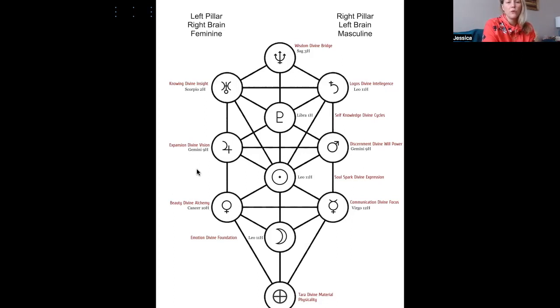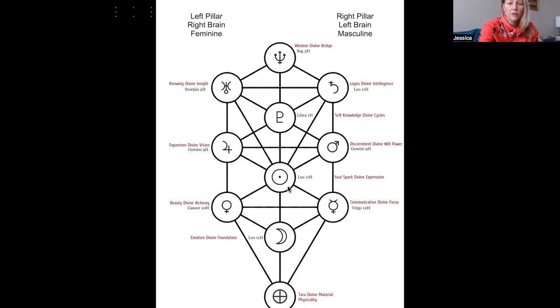Depending on the planet that you have there, you're going to be learning those lessons of how to expand your vision, how to gain a greater vision for the highest calling. That is going to come in depending on the house and the constellation. So I'll go into that a bit further, and I'll read through this layout.